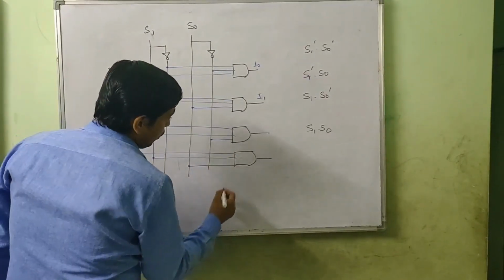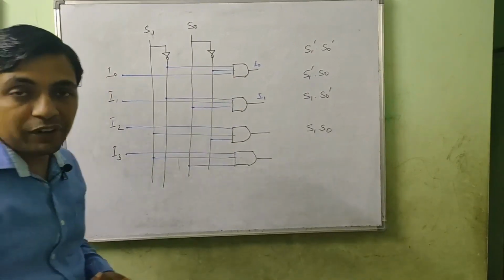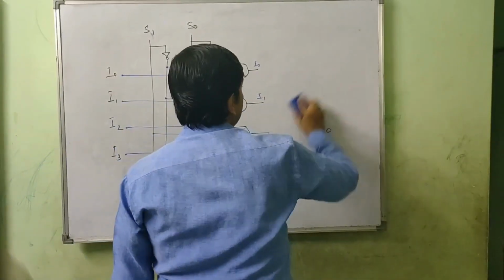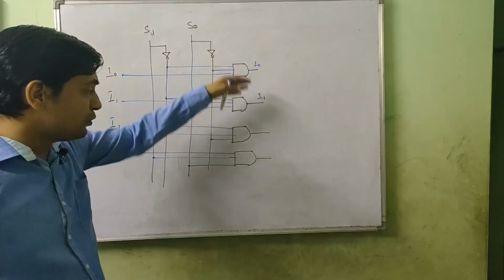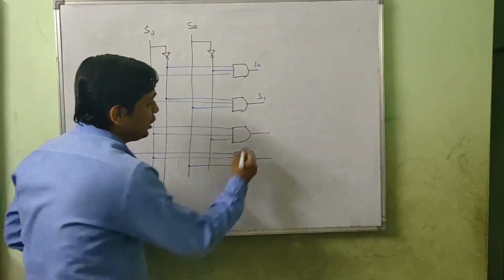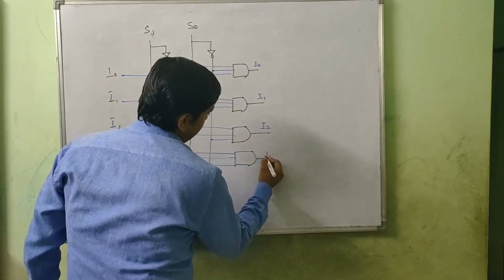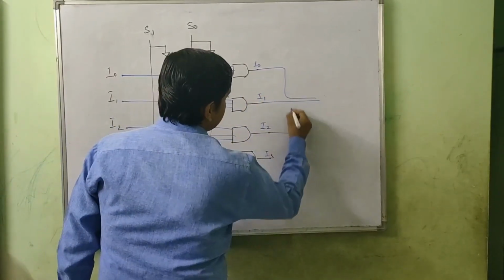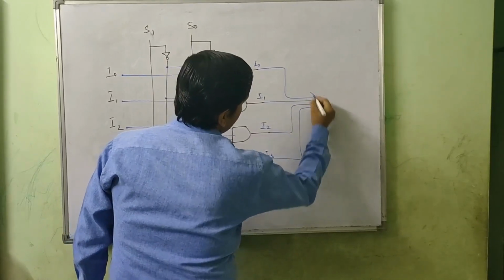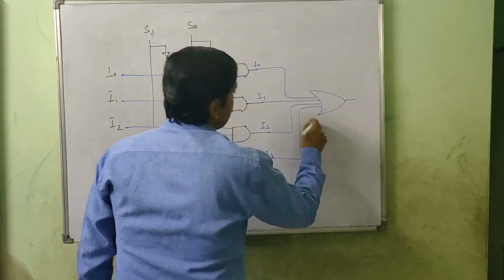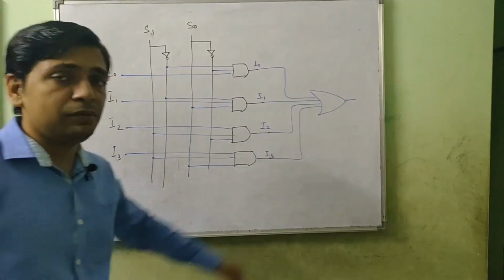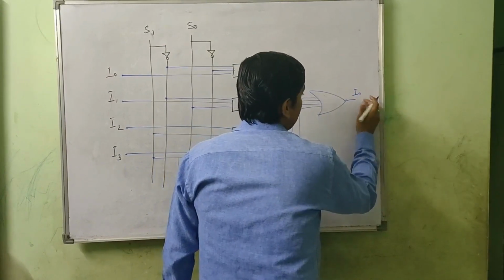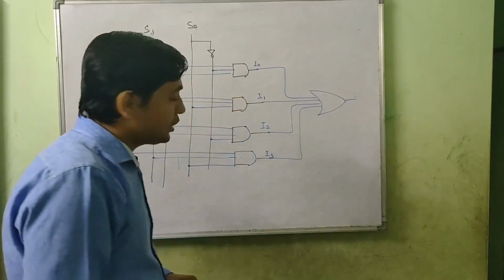Okay. So according to the selection values, whichever we select, we will provide the values here to S0 and S1. According to that, out of these 4 AND gates, one of them will become 1 and the rest of them will become 0. We will connect these outputs together and we will form an OR gate. With that OR output we will come to know what the output is, I0 or I1 or I2 or I3 whatsoever. So this is a multiplexer.